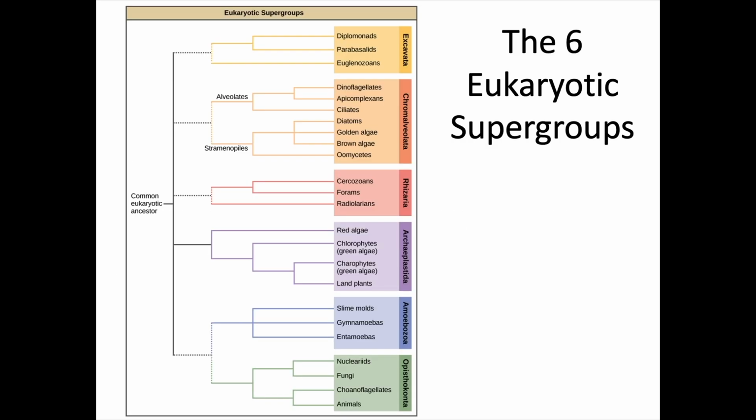Okay. That was Rhizaria: cercozoans, forams, and radiolarians. We've got two more groups, but this next one's a big one. This is Chromalveolata. In fact, this is so big, we can see that within this supergroup, there are two smaller groups, alveolates and stramenopiles. By the way, as a bit of an aside, I may have a test question or two asking, which of the following is not a part of this supergroup, or here's forams, which supergroup is it